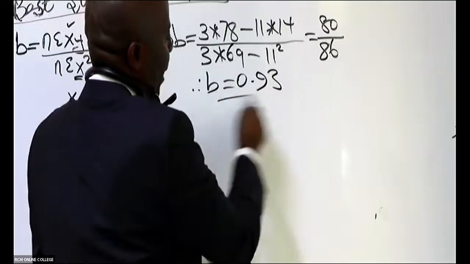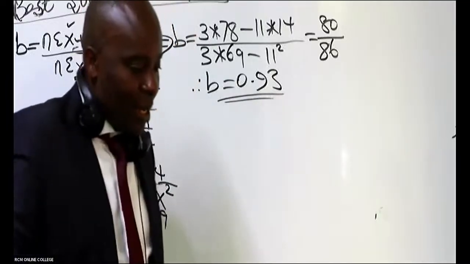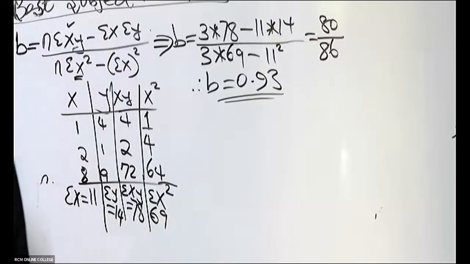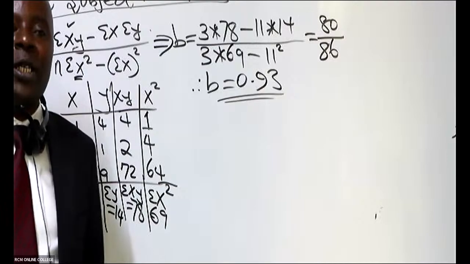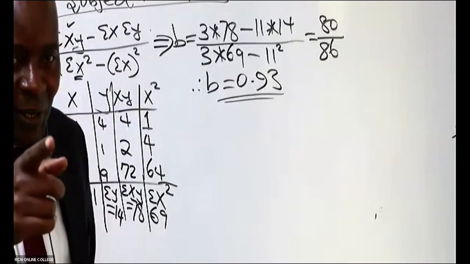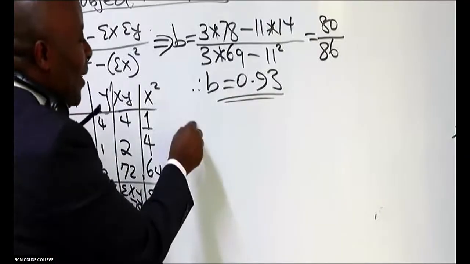0.93. Thank you so much. That's B. After we get B, regression will tell you automatically, hey, now I need you to calculate A. Is there somebody who could be remembering the formula of getting A? A equals who? A equals